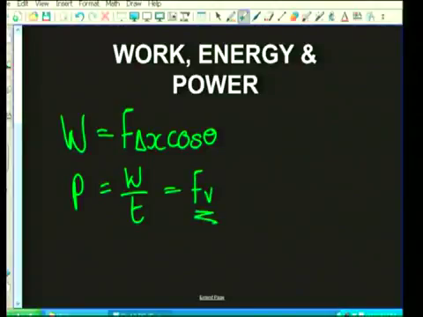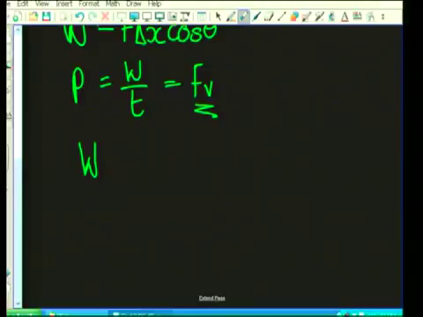F times v is actually a nice equation, but it is only valid when you have a constant velocity. If the object changes velocity, in other words, its kinetic energy changes, you cannot use P equals Fv. Be very careful, they're going to try and trick you with that one, okay? Then you have to use W over t. For the work energy theorem, and this is the one that we know you guys don't really like, the work energy theorem says to us that